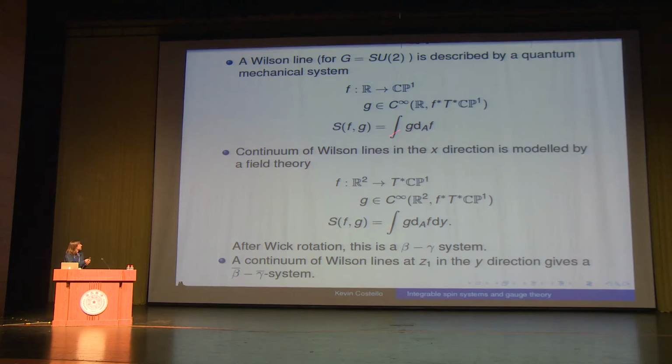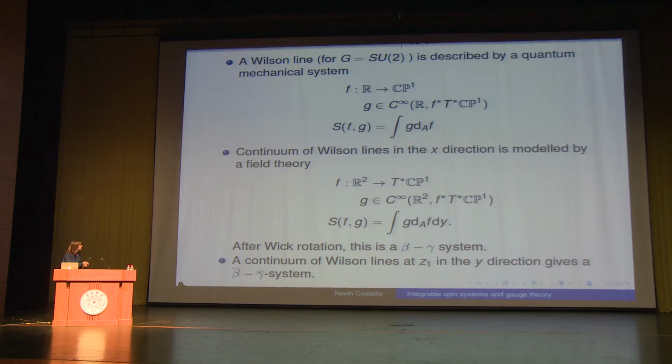But that's just a map from R2 to CP1. Sorry, that cotangent bundle should not be there. That was a mistake. So a map from R2 to CP1. And then I should have some other field, G, which is a section of the pullback of the cotangent bundle. And an action, which is the same kind of action, GDF, together with the dy term, because now we're summing over all the different positions, the continuum of the positions of